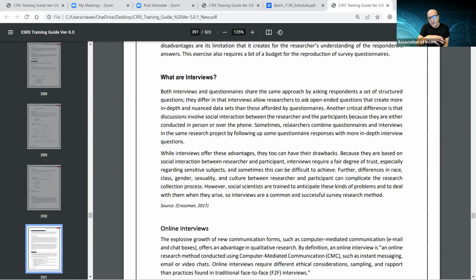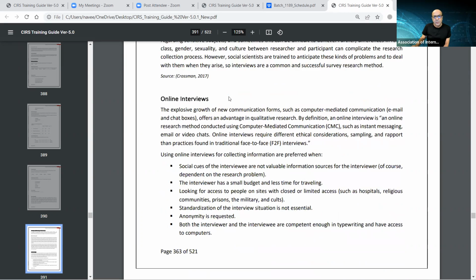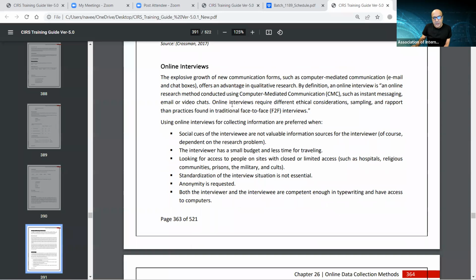So it is a process which would require not only the preparations, but you have to be trained as an interviewer, or a professional interviewer, if that is what you need to do for gathering the information. And if it is a virtual platform, then